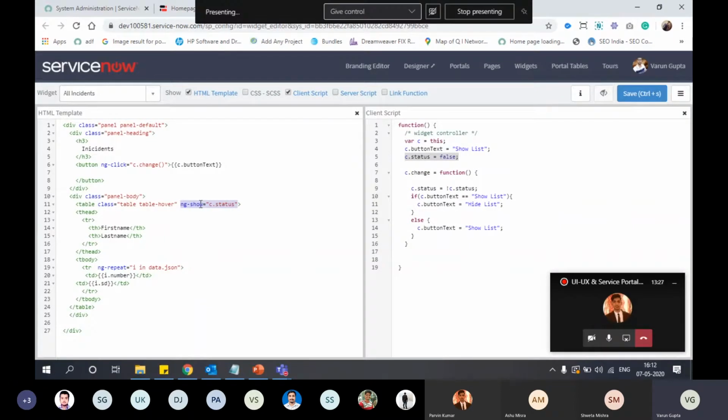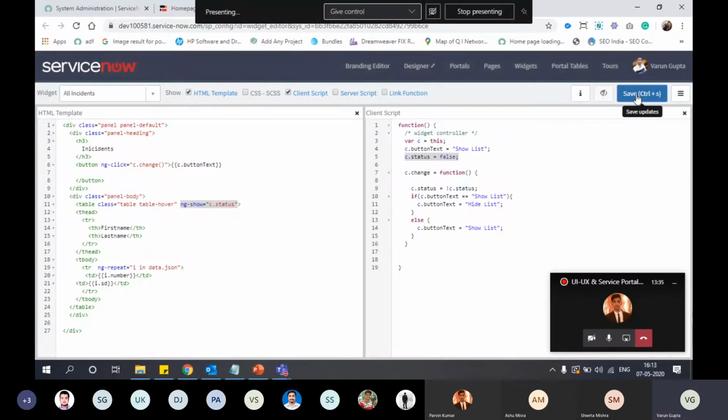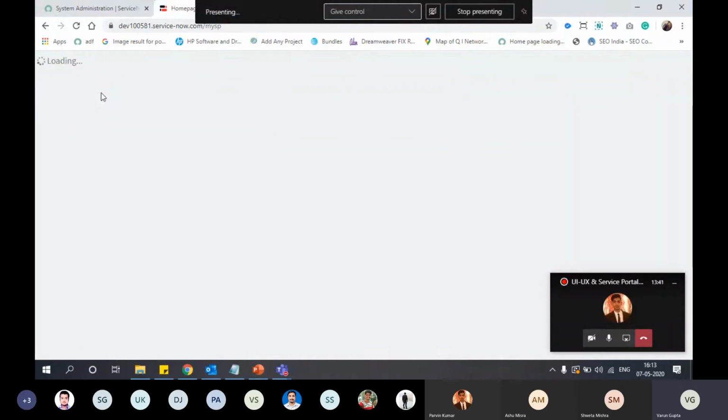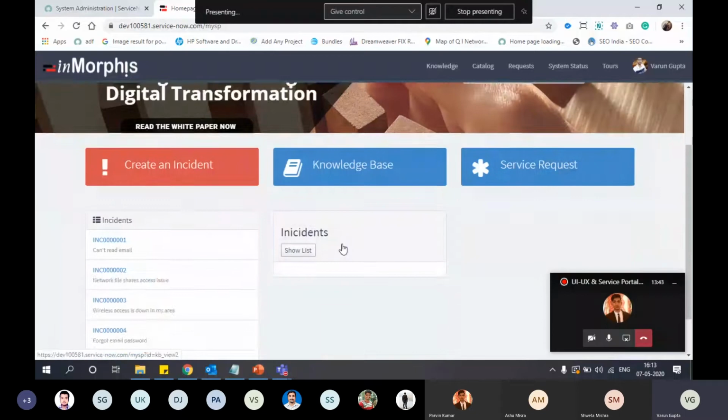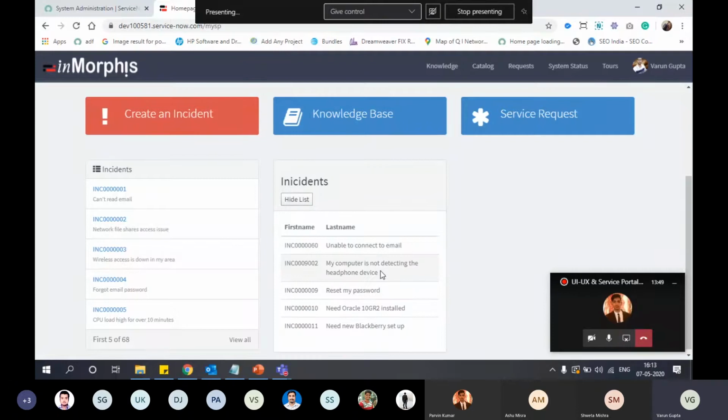Then it will show this. On loading the list is hidden, click on show list, it will show.